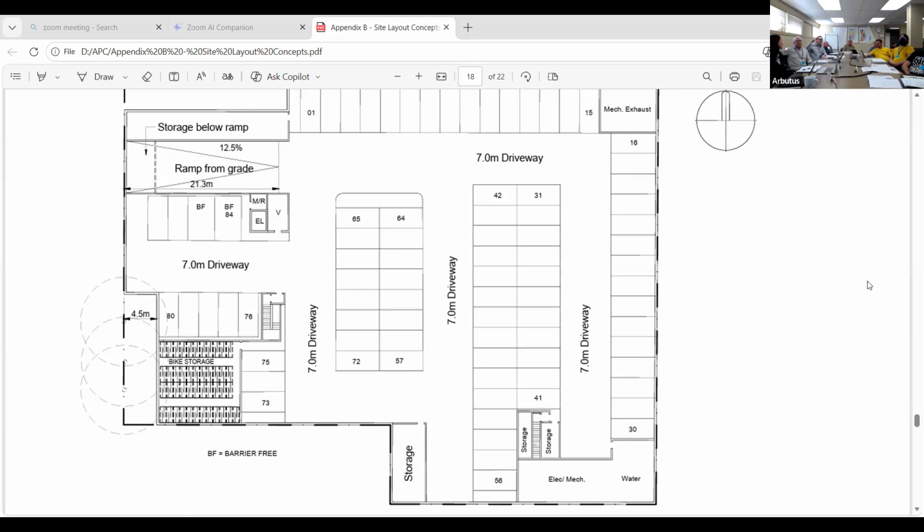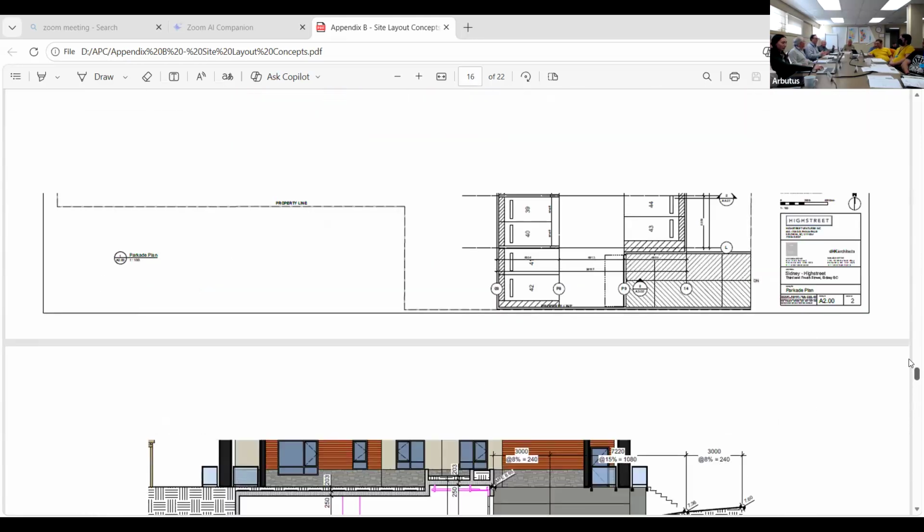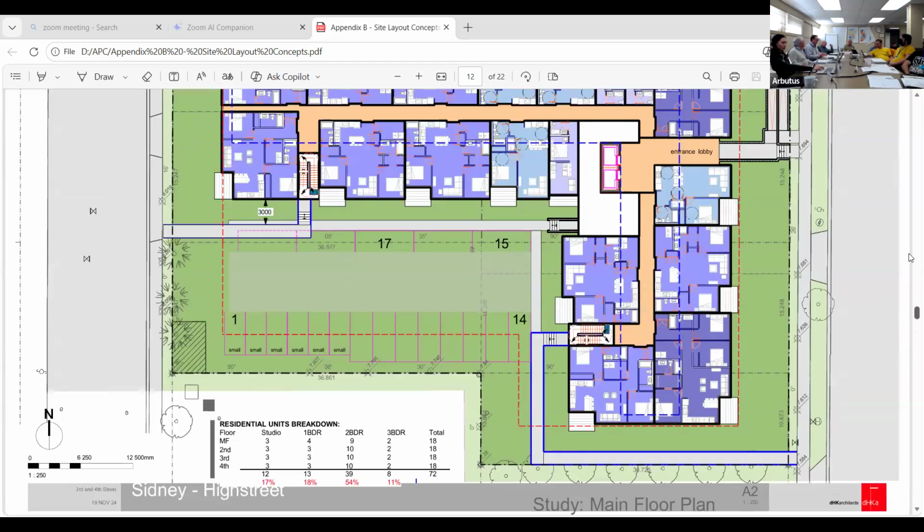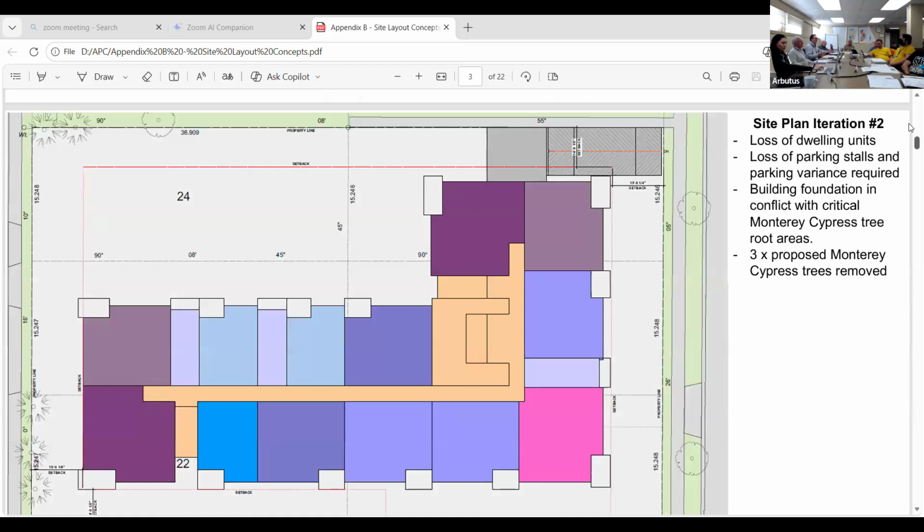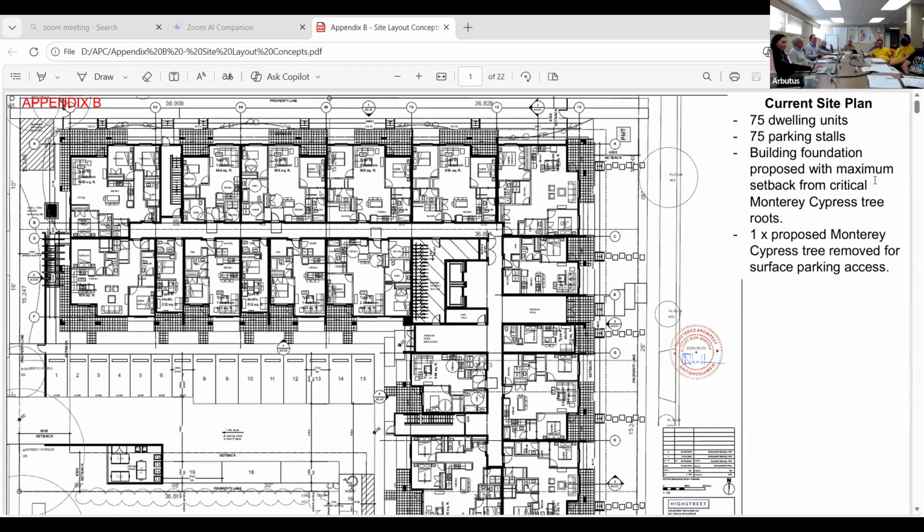The current design access to the underground parkade is on Fourth? Third Street. Third Street, okay. And there's no way to do the driveway on Third Street where the access. Third Street becomes more, or Fourth Street for the access becomes a little bit more difficult because of the geodetic elevation. I'm struggling that the three trees were removed for the driveway. There's no other alternative in this footprint for parking lot.